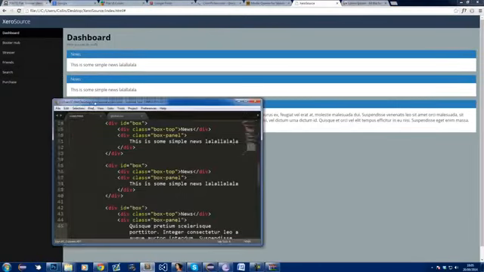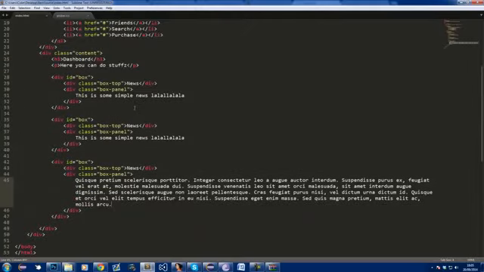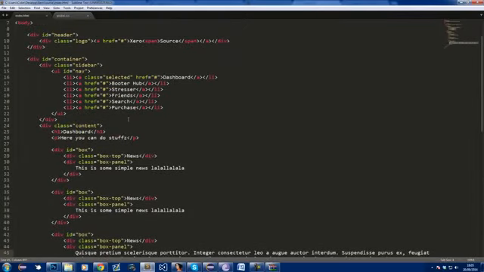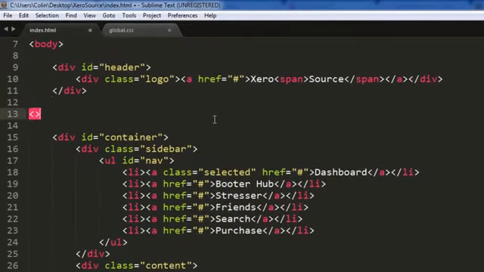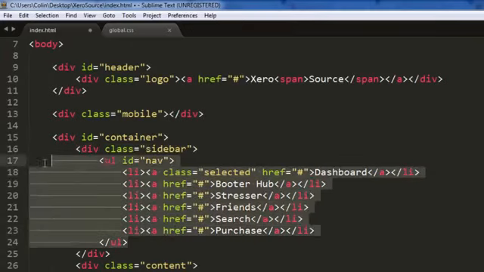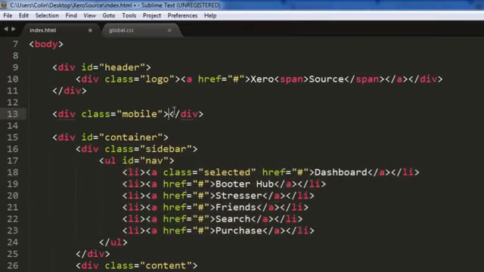What we're going to do is go ahead and add in, just above here, above the container, the mobile. So, div class. You're wondering what I'm talking about when I say mobile. This is what we're going to click to shift down the mobile menu, because we may have to duplicate this menu here, which is kind of bad practice, but it works. So if it works, it works. So mobile,